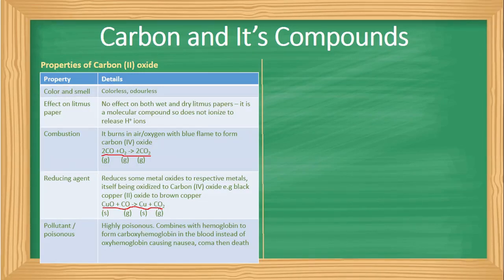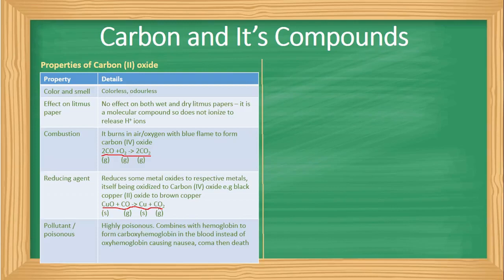It is a pollutant and it is highly poisonous. It's because when it enters the body, it combines with hemoglobin to form carboxyhemoglobin in the blood. So now what happens, instead of blood circulating oxygen, it circulates carbon